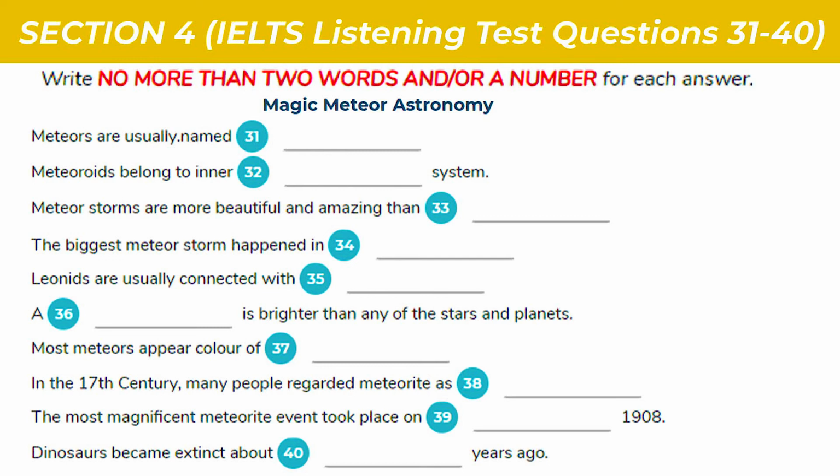A meteor that appears brighter than any of the stars and planets is a fireball. Fireball? That's so interesting. Yeah. Most meteors are seen 80 to 120 kilometers above the ground. Sometimes someone will claim to see a fireball land on a hilltop. But in fact, a real fireball first appears at a height of about 125 kilometers and loses its brightness while still at least 20 kilometers above the ground.